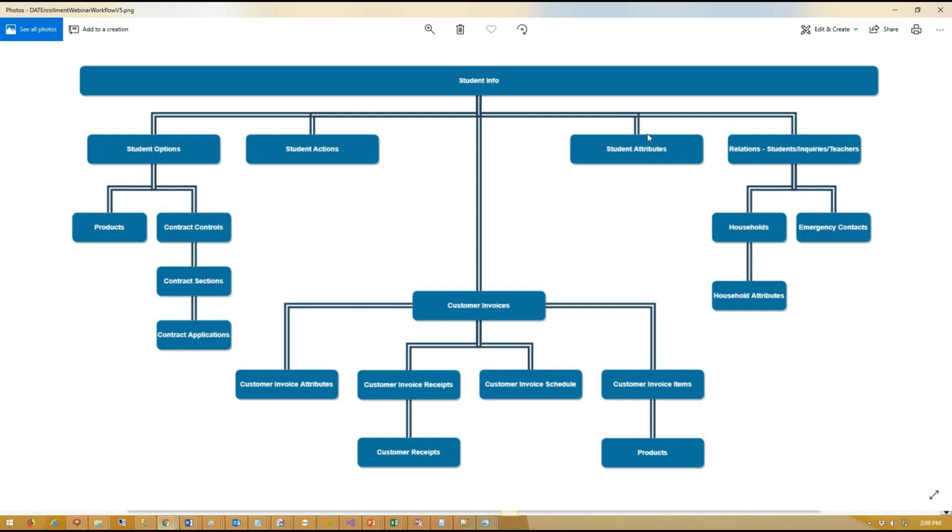This is mainly related to the forms, because in the contracts you don't really use student attributes. But in the forms, you may have a question or a few questions where the answer is stored in the student attributes. For example, if you wanted to ask students if they would be interested in signing up for volunteer activities,